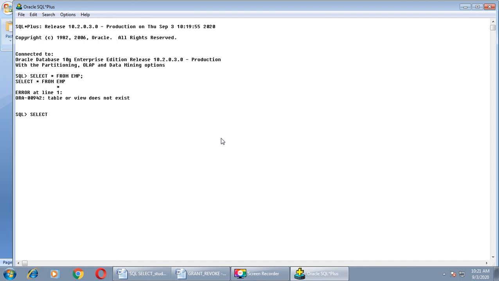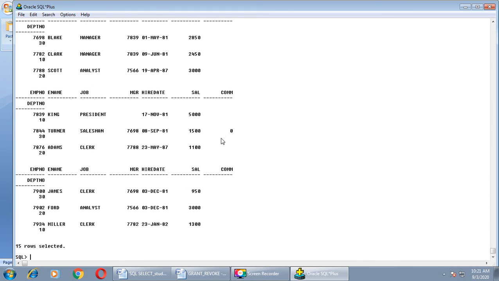You can write like this, select star from scott.emp and semicolon. This user new SYBCA has all the rights to access scott.emp. Here it is, right? 15 rows are selected.